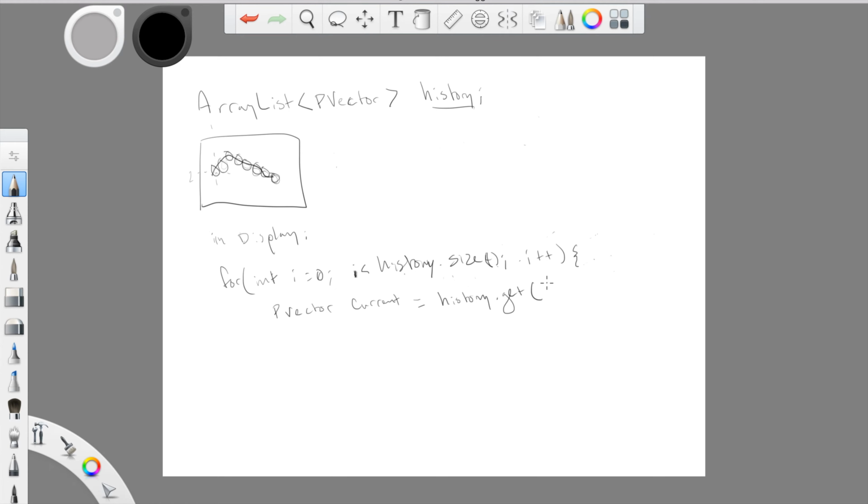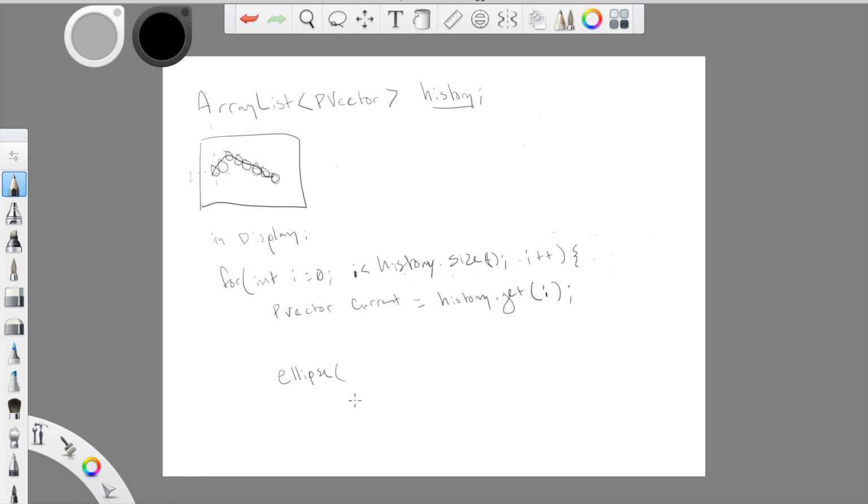And within our for loop, we're going to use the i that's changing values within this set. So whatever i is equal to, that's going to be the current item in our array that we're working with. So for each one, we need to draw it onto the screen. I'm going to leave a space here. We're going to do something in between, but first I want to actually do the ellipse